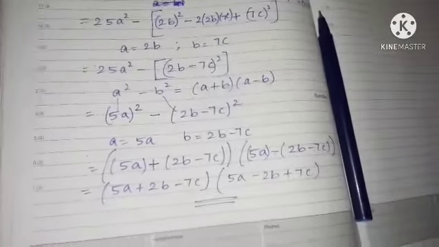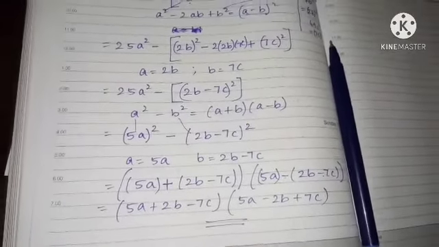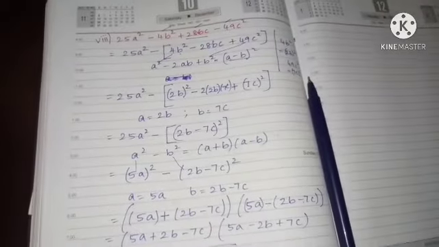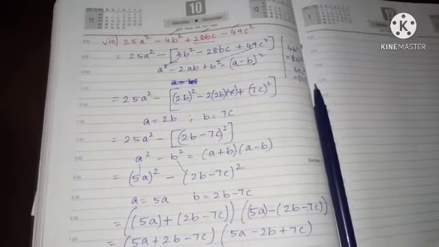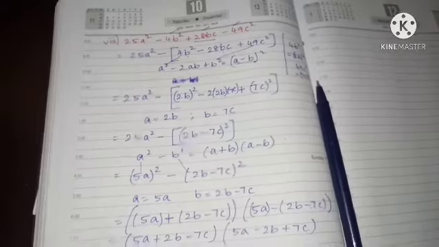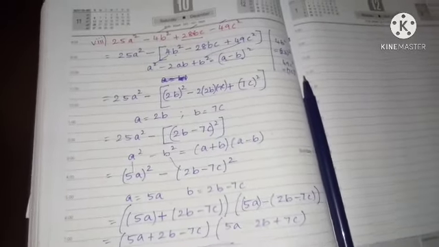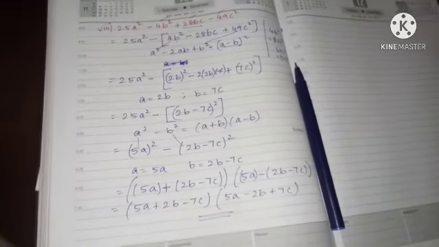Okay. So in this class, we have discussed the first and second problems of this exercise, children. In the first subdivision, I have given the fifth and sixth problems as your homework. In the second subdivision, I have given the sixth problem as your homework. I hope you all understood, children. Thank you.